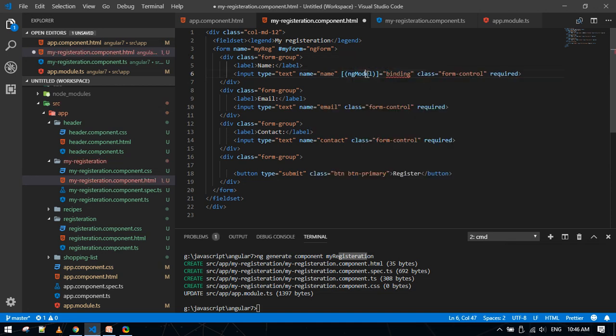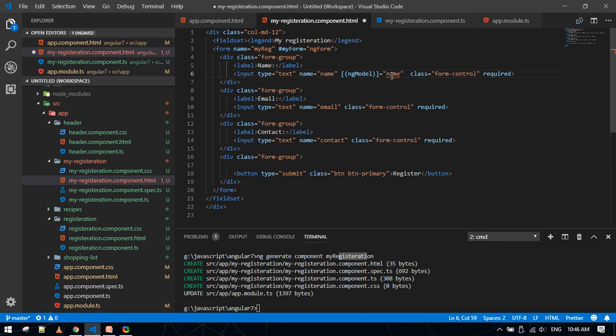So we write like this, a small bracket, inside the small bracket we have ngModel written, and outside we have a big bracket, is equal to binding name. Here we need to provide the binding name. So we will provide name, binding name is equal to name,